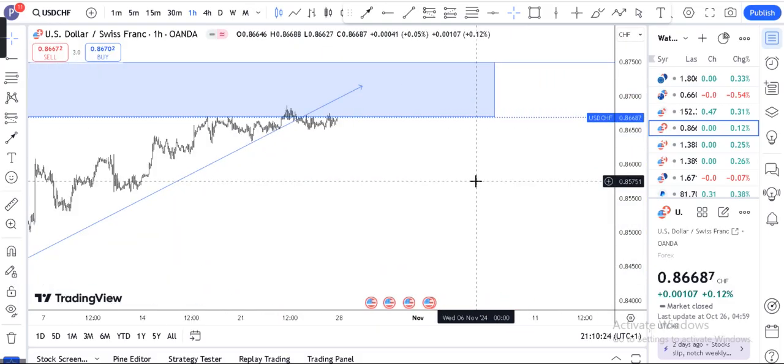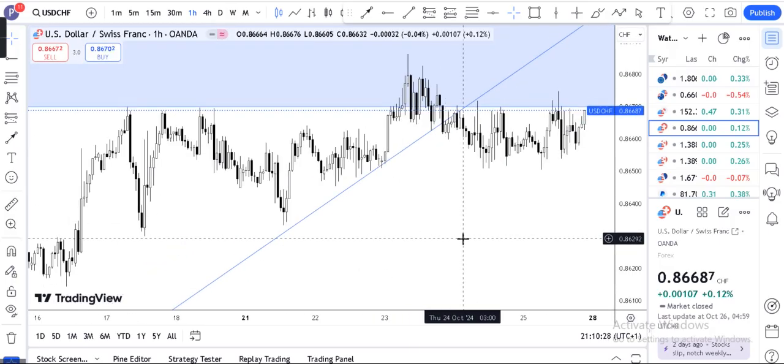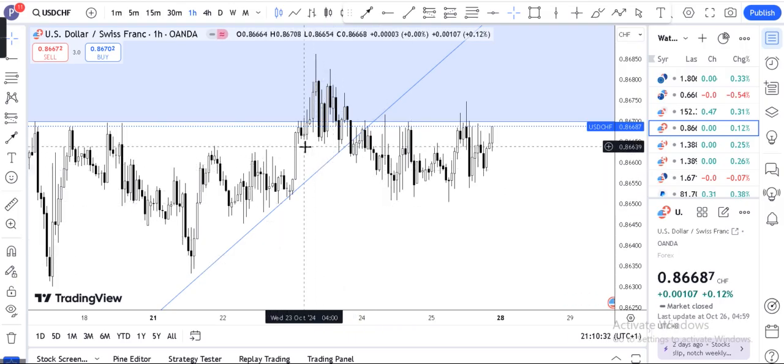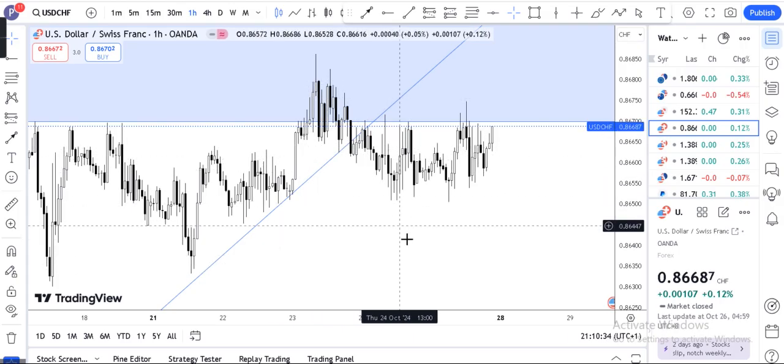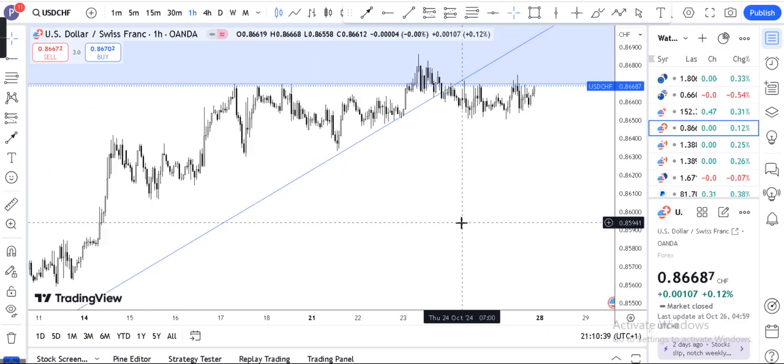So some persons will plot the trend line at this area, and then what can we clearly see here? You can clearly see the market has given a break of structure at this area, and then it's currently pushing to the upside. We would actually wait for a clear break of structure,